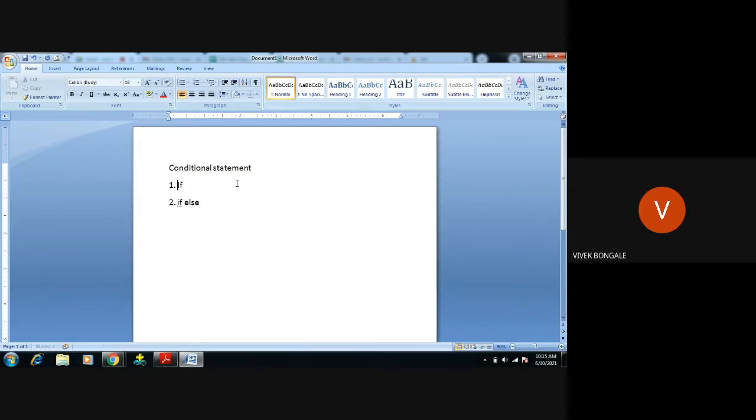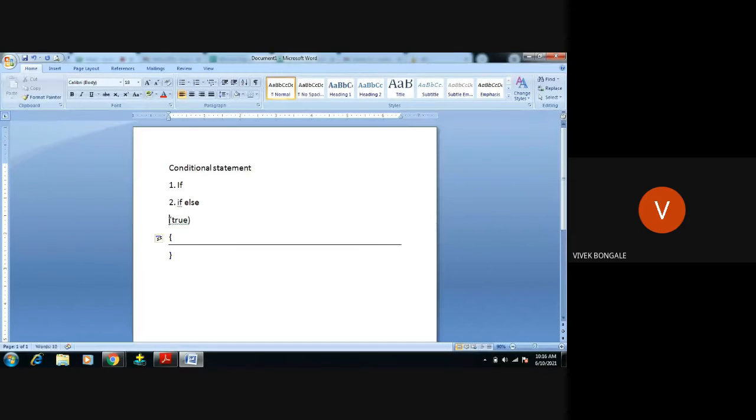What will be the values or things we're going to include in this if statement? First, we're going to initialize the value. Then we have to give the condition. The condition will be in this bracket, the round bracket. Next, if this condition is satisfied, if this condition is true, then a piece of code that we want to display will be in this curly bracket.